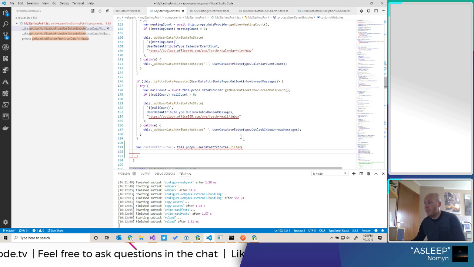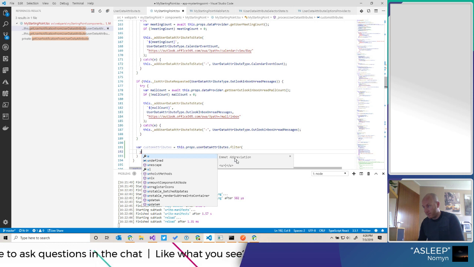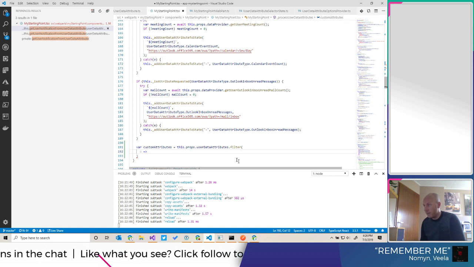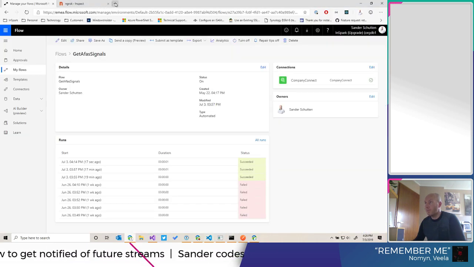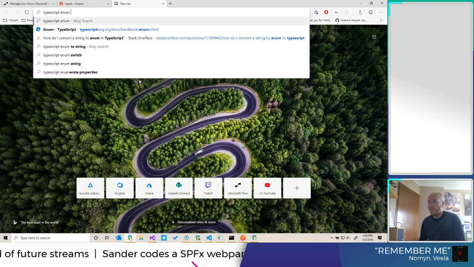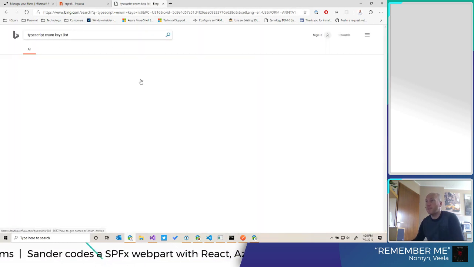So basically what we want to say is, alright, so we have the user data attribute, let's name it U. The U key. We don't want to have that key inside that enumerator. See if we can get a list of the enumerator keys. Keys list.